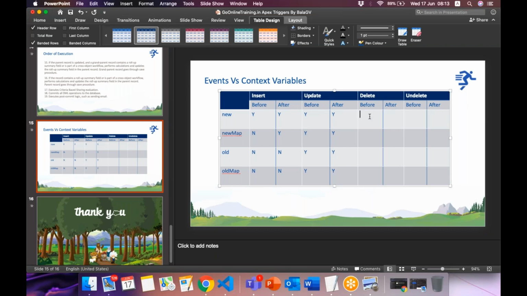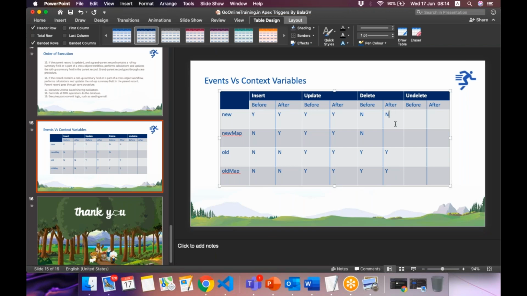Okay, so talking about delete, there won't be any new version because the user is not entering any new data. He'll just delete the data from the database. That's why old version is there, and old version will have ID, right? So new map is no, and old map is also yes.